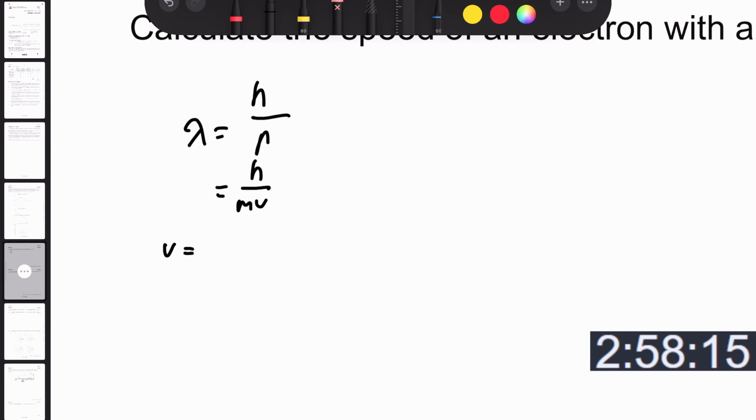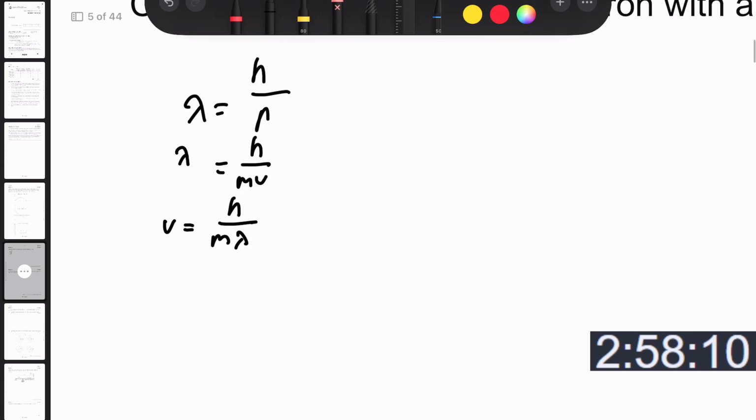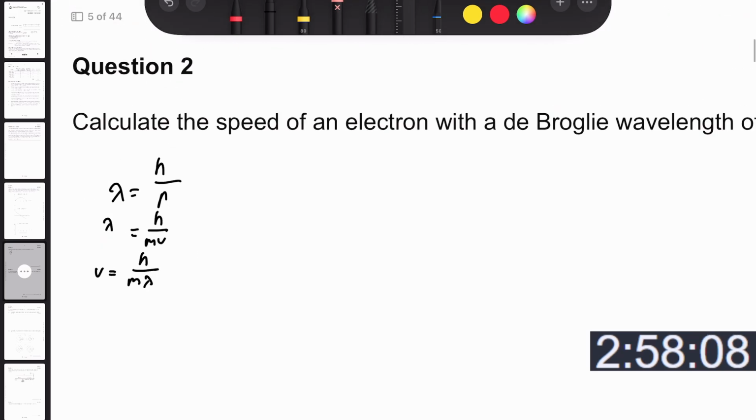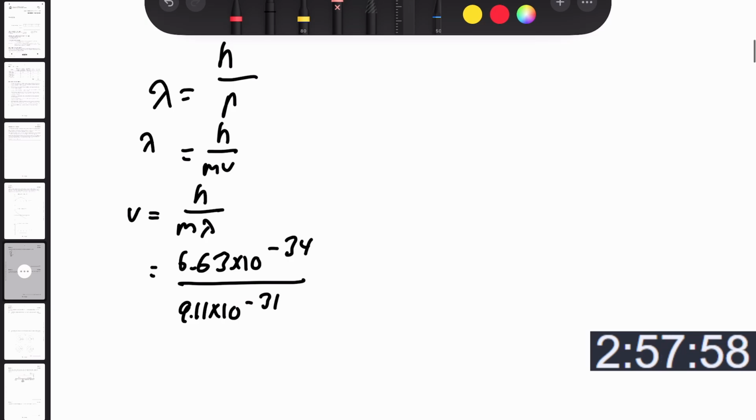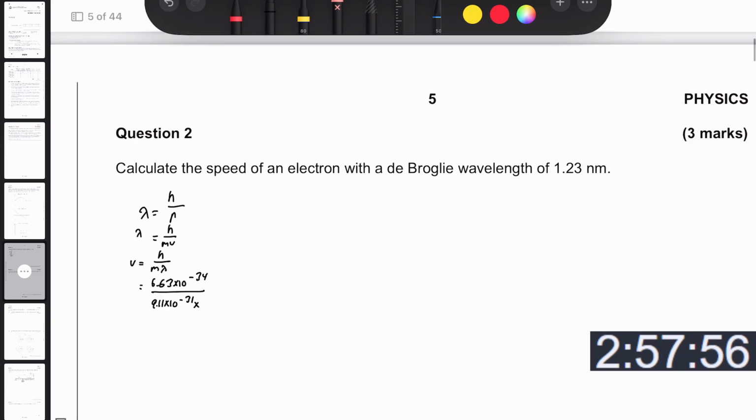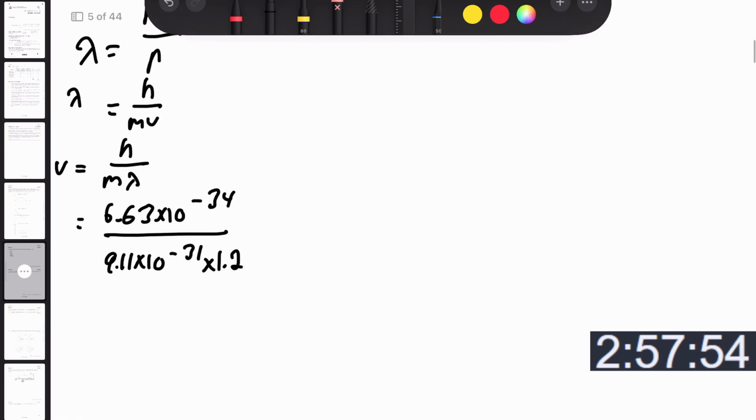So then velocity is going to be equal to h over m lambda. Here you go, 6.63 times 10 to the negative 34 all over 9.11 times 10 to the negative 31 times 1.23